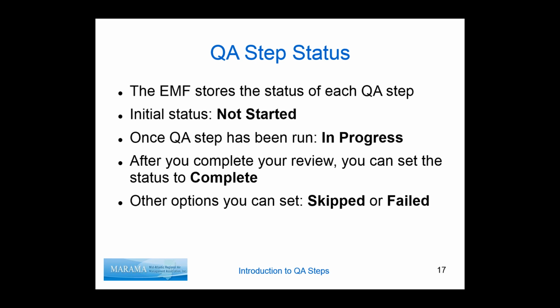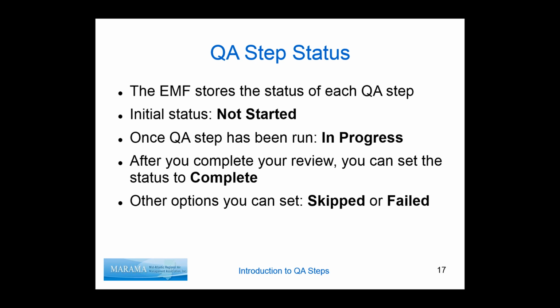So we just talked about the life cycle of the QA step. The EMF stores some status information about the QA step as it moves along. When you first create it, it automatically gets set to not started. Then once you run the QA step, the EMF will automatically change the status of the overall step to in progress. At that point, you can review the results, and once you complete your review, you manually set the status